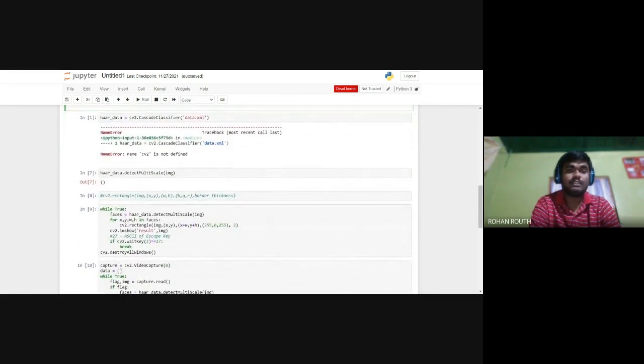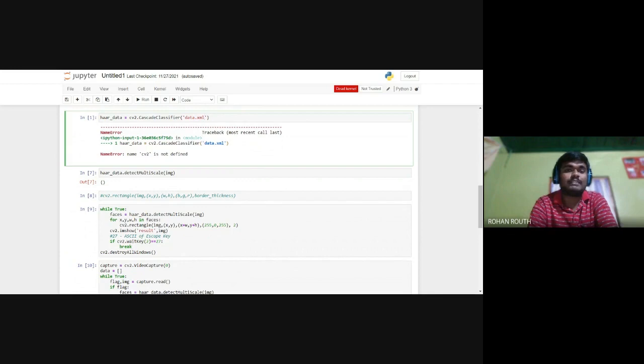So next we have haar_data. What we have used is this statement: haar_data equals cv2.CascadeClassifier, with the haarcascade xml file. There were two scientists, Viola and Jones. What they did was prepare an algorithm for face recognition using Haar features. What are Haar features? Haar features are actually facial recognition features that are specific only to humans. By these features, such as eyebrows, mouth, lips, etc., we can recognize a human face.